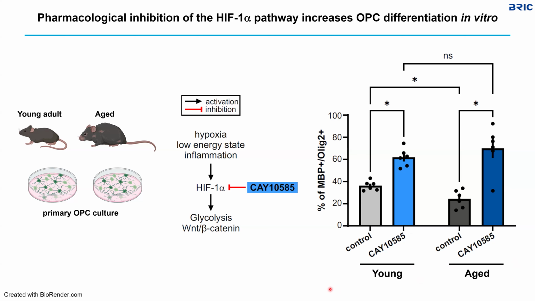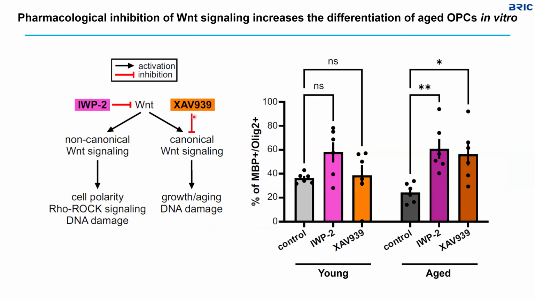We can also do a similar experiment targeting the Wnt signaling pathway using 2 different drugs to target different aspects of Wnt signaling, IWP2 to globally block Wnt signaling, and XAV939 to selectively block canonical Wnt signaling pathway. And here, in the aged OPCs or OPCs isolated from the aged brain, both drugs were able to dramatically increase OPC differentiation. However, in the young OPCs, these drugs had minimal effect or smaller effect, suggesting that